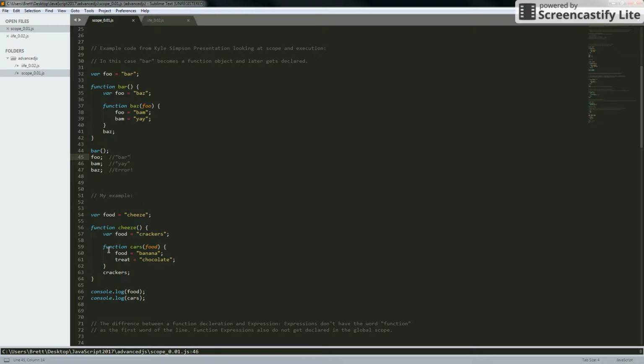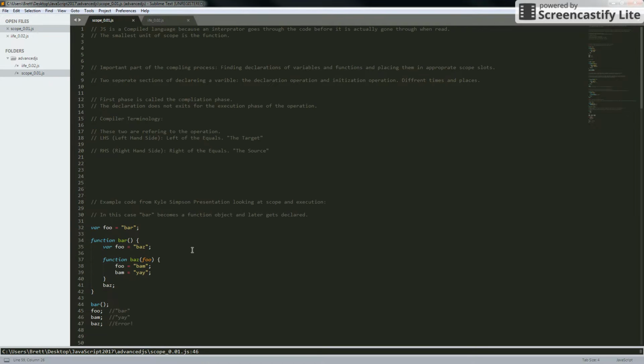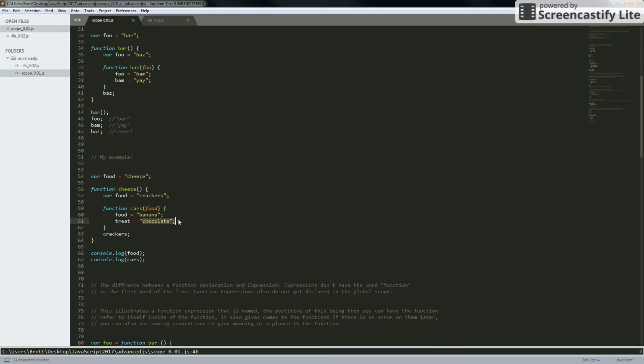So I did a little example here using some different variables, and looked at it going through that as well. Starting out with the left-hand side information, once it catalogs all those different keywords, or not keywords, but categorizes all of the variables that you've entered in and the functions as well, it then goes back through and looks at the source side over here,